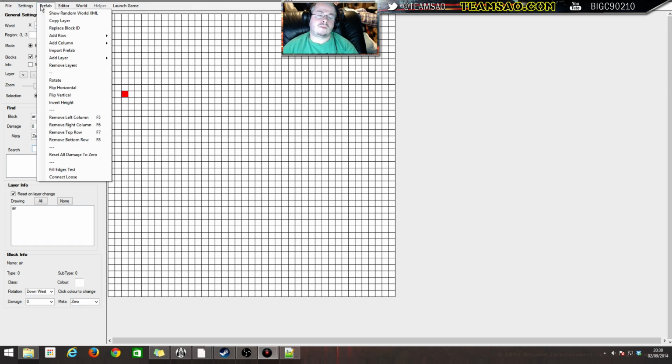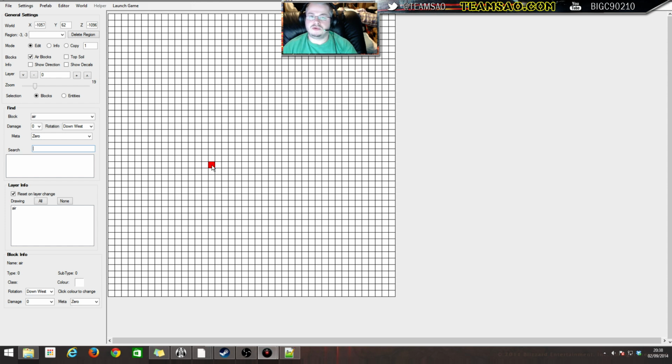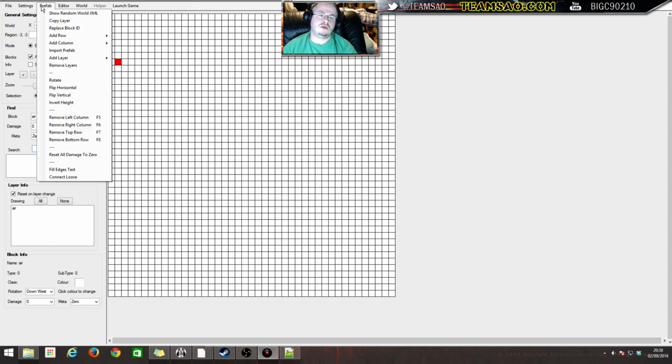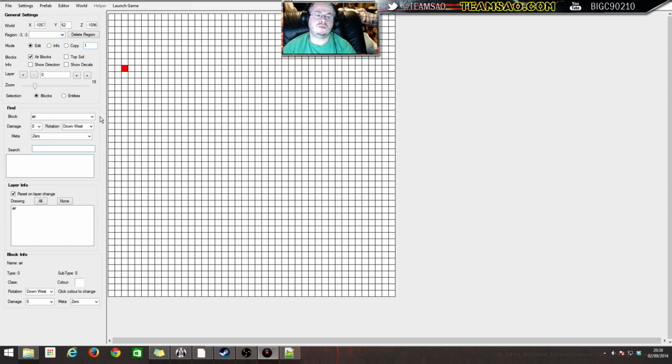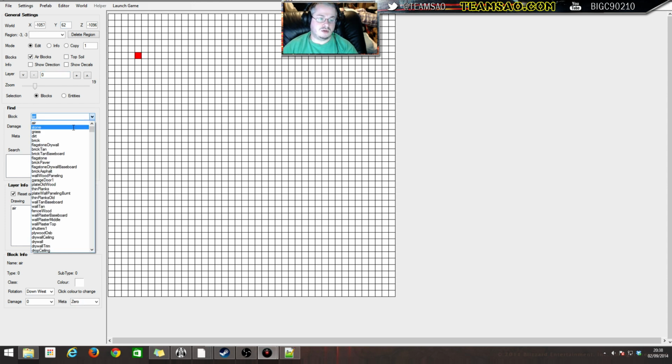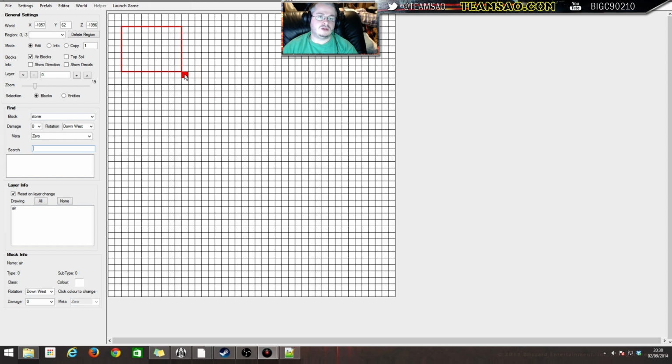So what you could do from here is if you'd already made a prefab, you could import your prefab into here. So if say you've made an old prefab and you're like, oh, I want to use a little bit of that building and I want to bring it into this, you could just import prefabs if you like. But that is all part of my advanced prefabbing tutorial, which is on the other video. So if you don't know how to do that, stop here and go and watch how you do that on the other video. So all we're going to do here is we are just going to make a stone pillar,